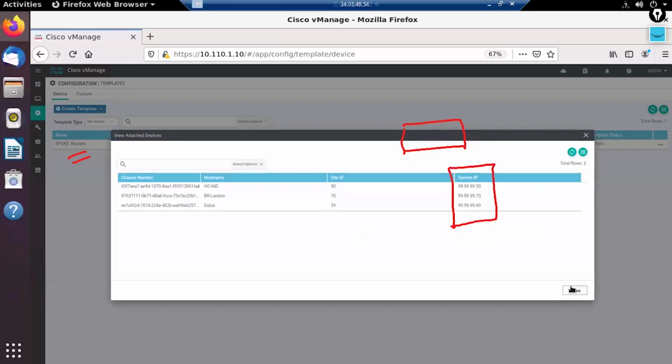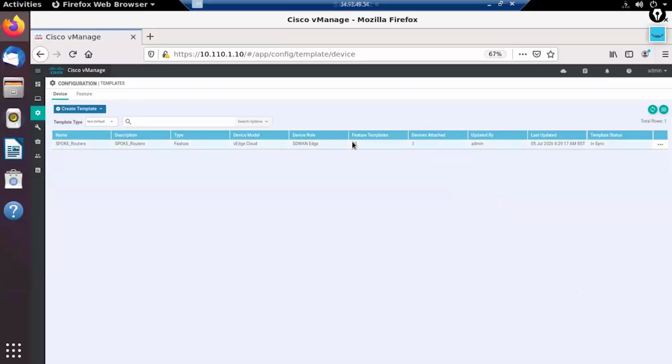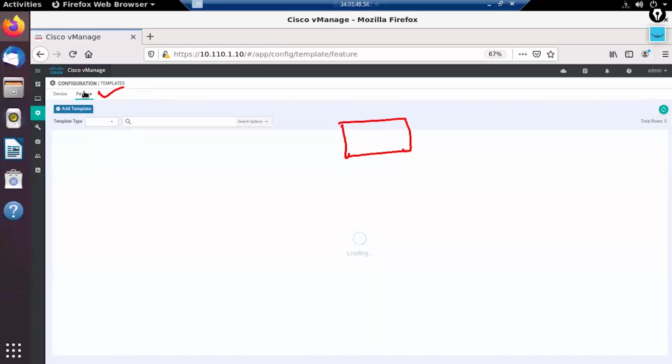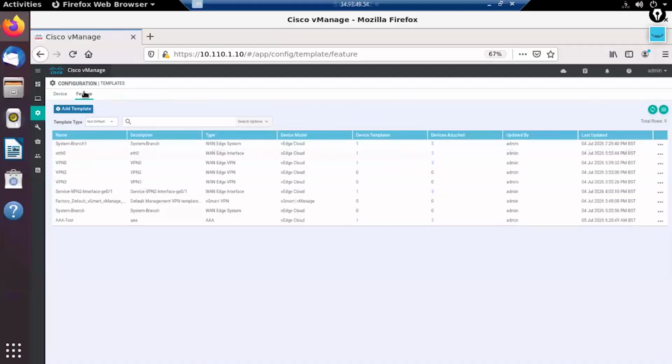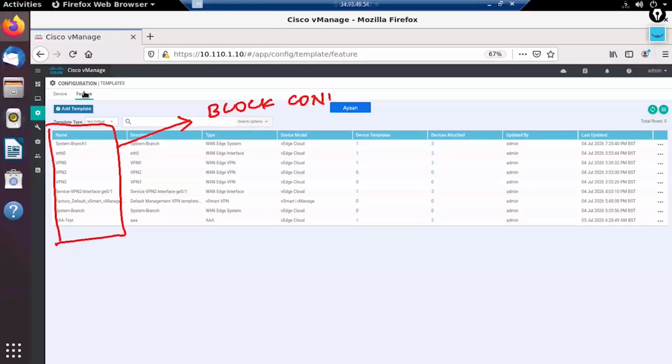Now, here I can see there are 10 feature templates attached to it. And if I go to the feature tab, I see there are multiple feature templates configured. These are nothing but blocks of configuration. If I have to give you an example of these blocks of configuration over here,